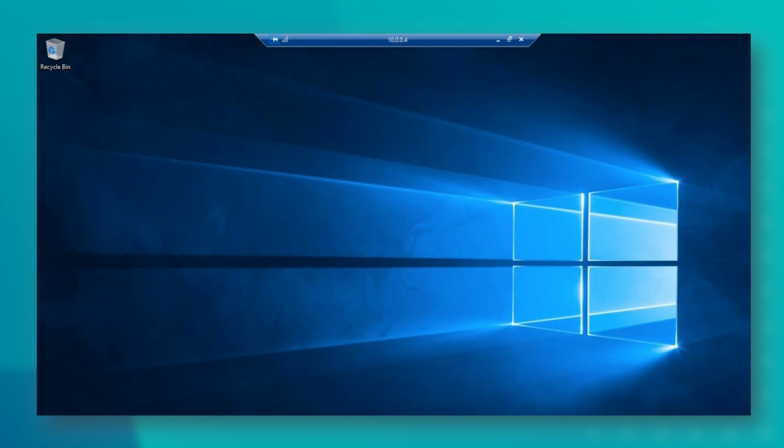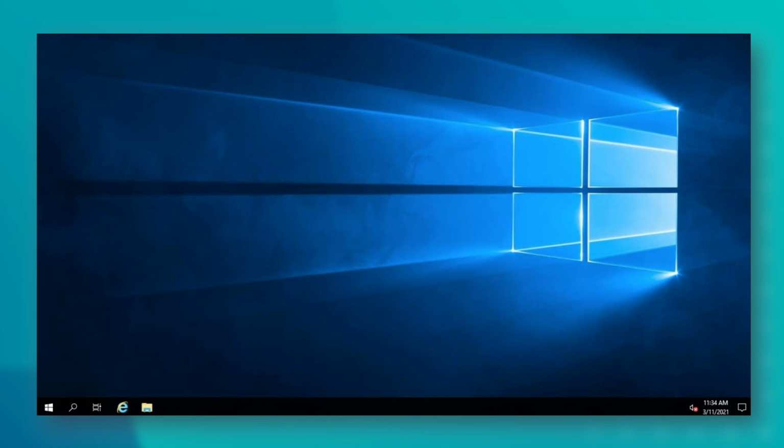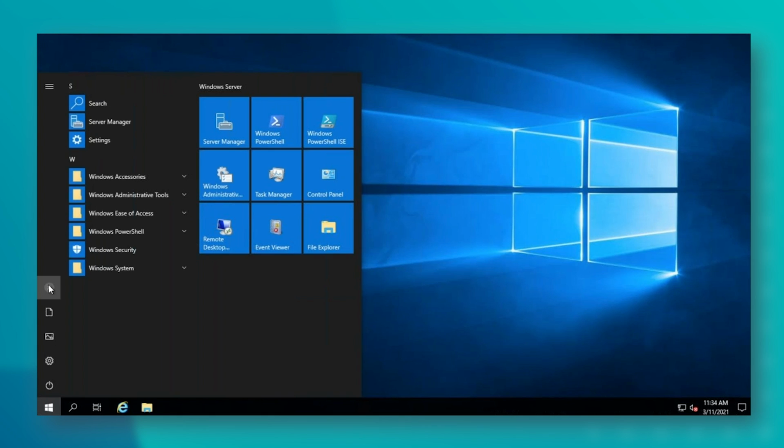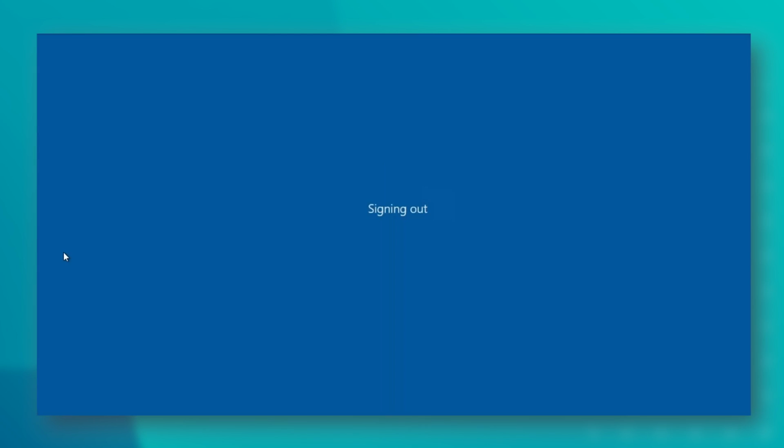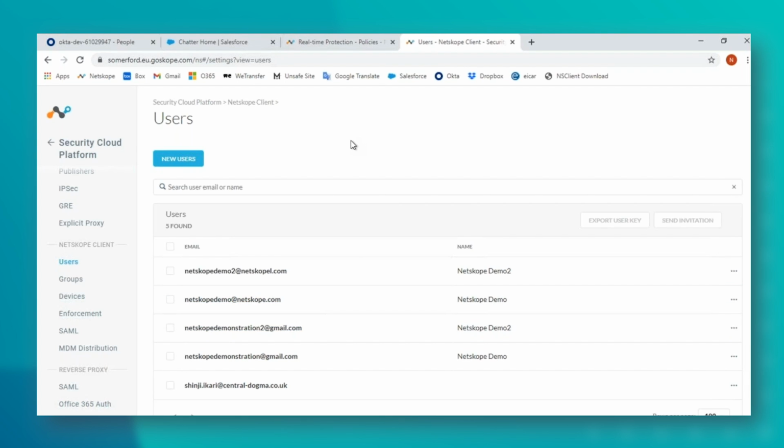I've just RDP'd onto a machine. Does it look any different? No. Does the user notice anything different? No. It just looks like a standard RDP session from one machine to another. But what to think of is, now we'll have to pretend here, I'm going to sign out of this, pretend that this machine where I launched, as I say, it's a slow RDP, I'll just minimize it. Pretend that this machine that I'm on at the moment is completely outside of the company.